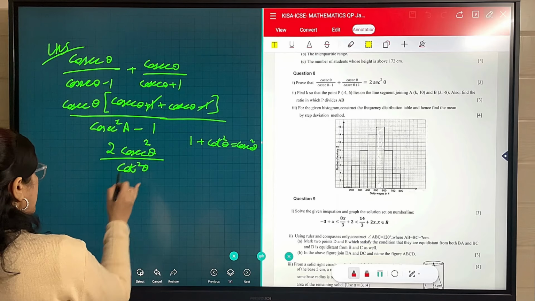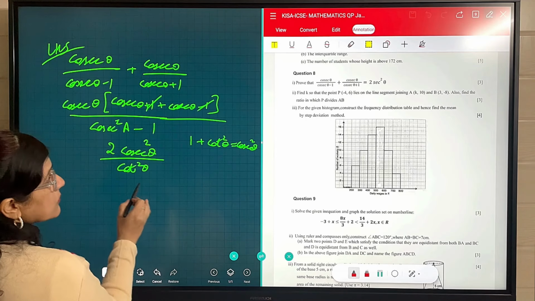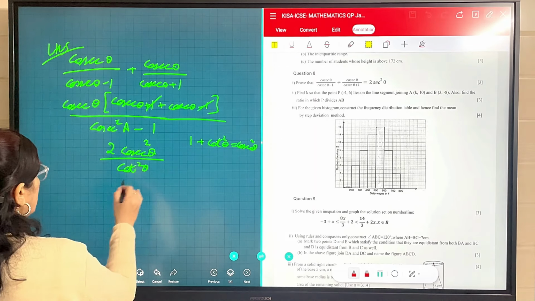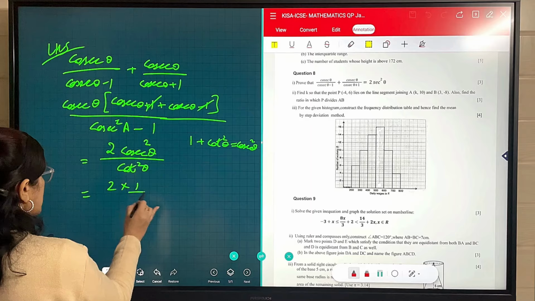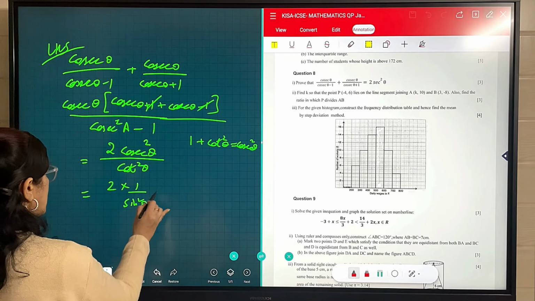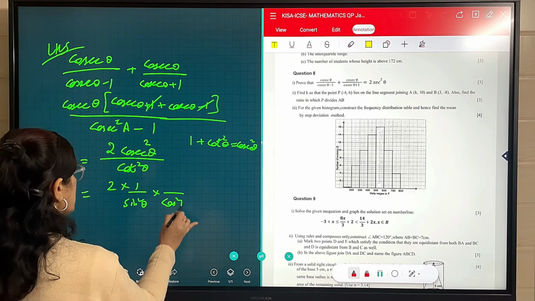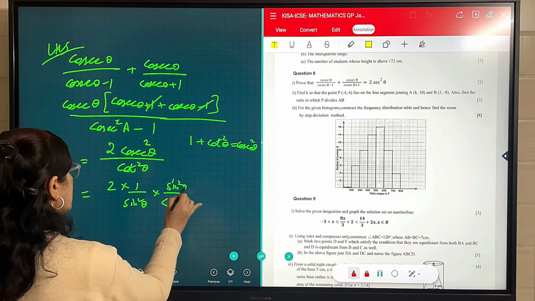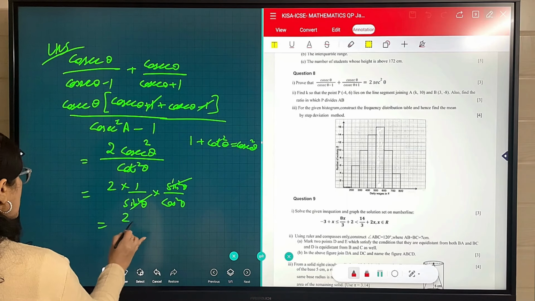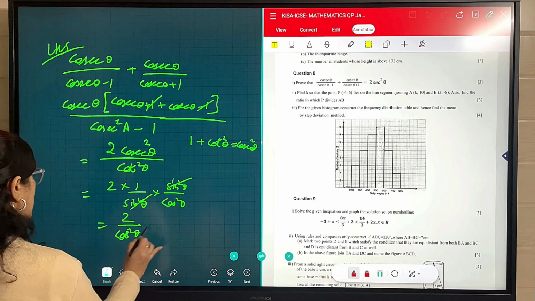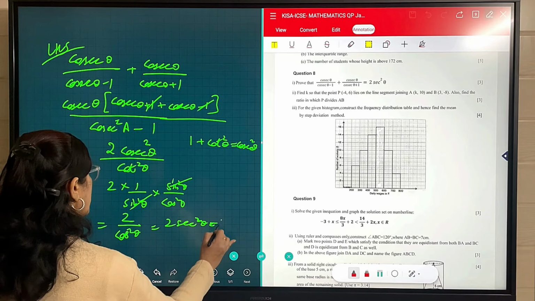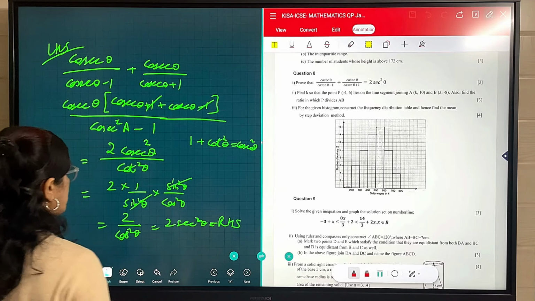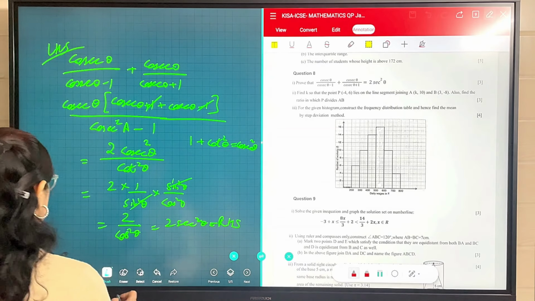We have to write down the identity also. So cosec square theta. Now we have to put their values. 2 cosec means 1 upon sine, so it is sine square theta. Cot means it is cos square theta over sine square theta. Sine will get cancelled. You will get 2 cos square theta. It means 2 sec square theta is equal to the right hand side, which is given. So hence proved. This is our first part.